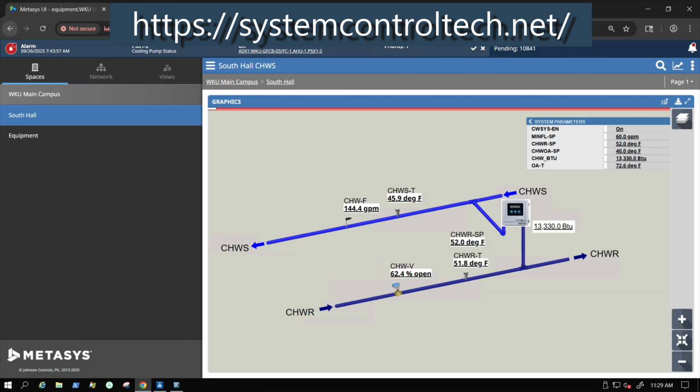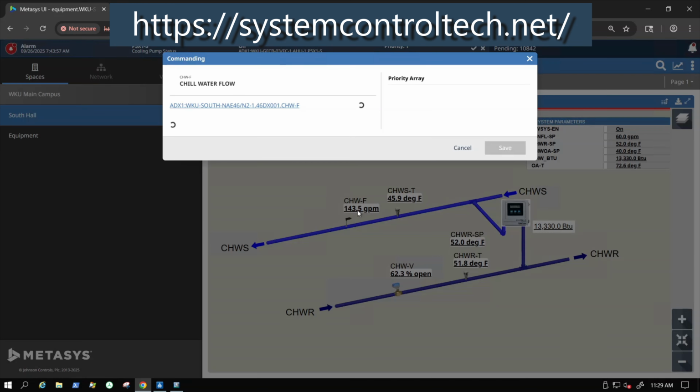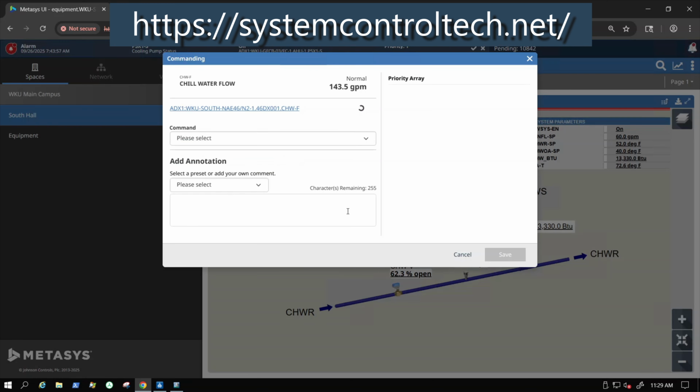This system does not have a meter that is capable of reading the total number of gallons, so we're going to add one. What we do have is the actual flow, which we have in gallons per minute. You can see here what our flow is, and we want to pull that information out. So the way that we're going to do that, I'm going to click into this point within Metasys MUI,